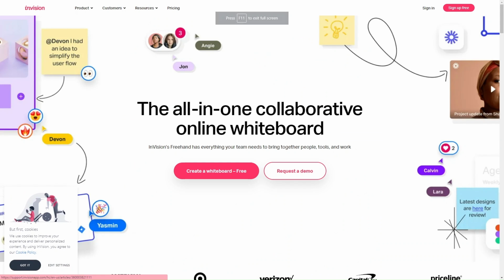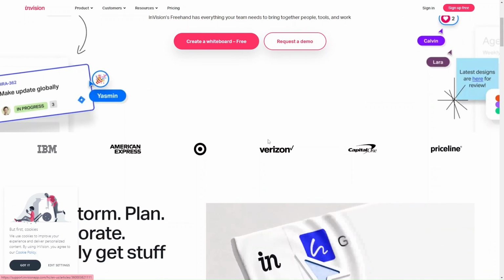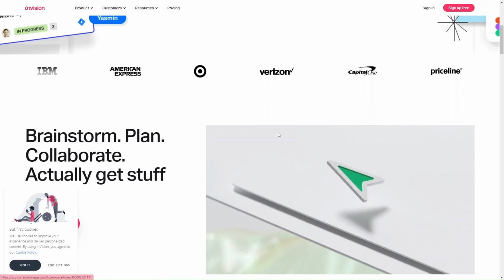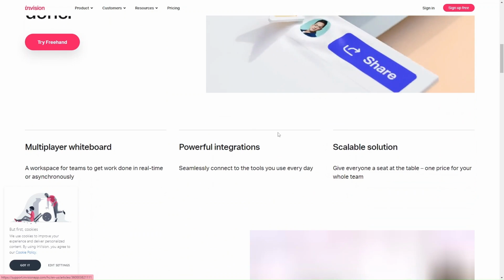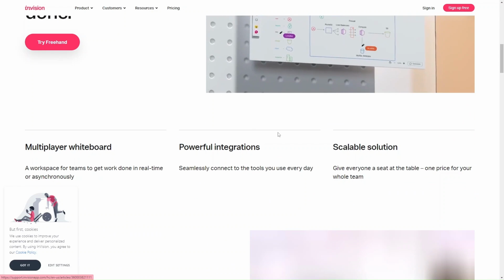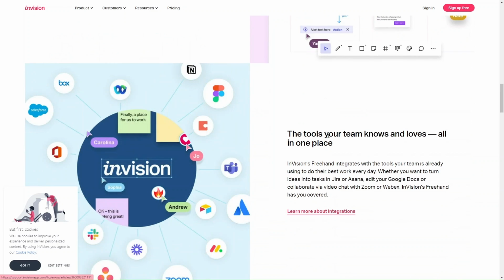Another really great example is InVisionApp.com. So the InVision website is another great example of material design. So it uses a clean, minimalist layout, and really bright, bold colors as well. The site uses geometric shapes and a focus on typography to create a modern and streamlined look and feel. There's also the use of these tactile surfaces and subtle animations to help